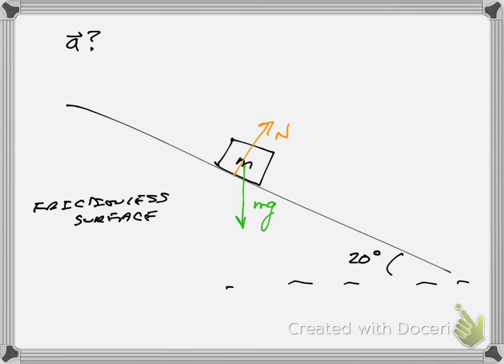N and mg are not equal and opposite, so it's going to accelerate. It's going to slide down the incline. But now the question is, where do I go from here? And well, this is where, oh, by the way, I just pointed out that oftentimes on the College Board exams,